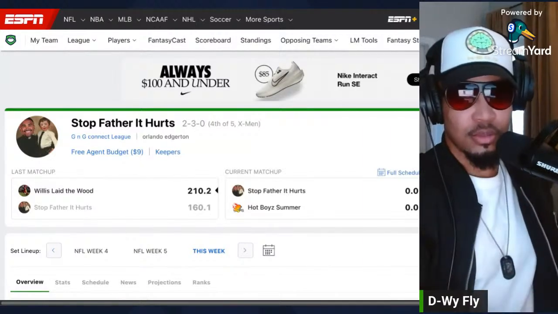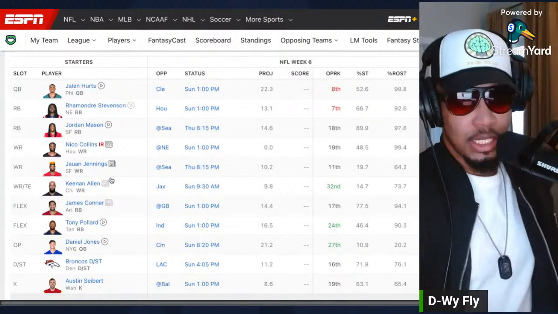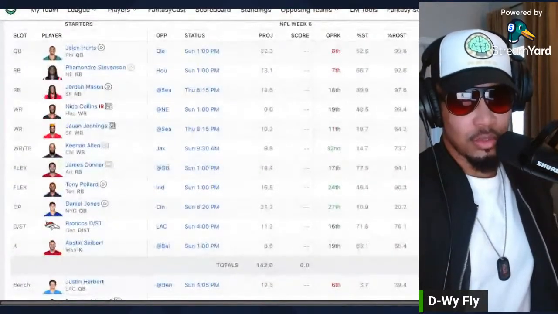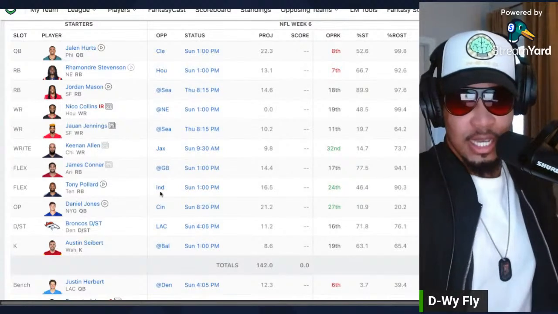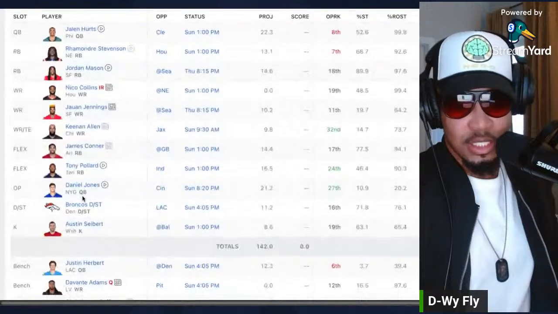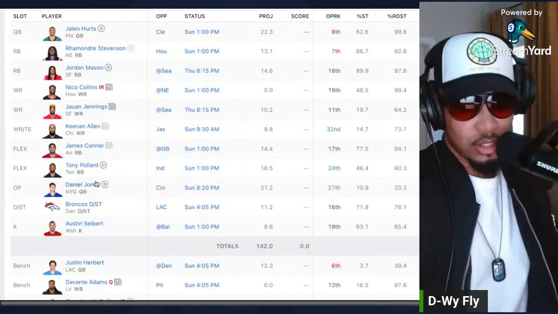Know your league mates. He picked up Jordan Mason. He picked up Jauan Jennings. Is he 3-2? He's 2-3. So he probably got injured somewhere. Keenan Allen hasn't been doing anything. James Conner, he's been solid. Tony Pollard, I guess he's a fringe RB2, but you know how it go.